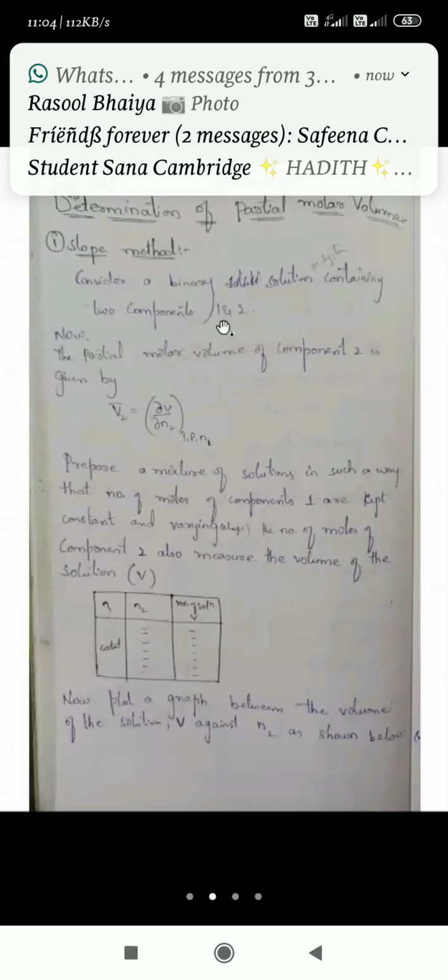So when you are varying a thermodynamic property with one component, the other components present in the system have to be kept constant, not all the K components. Because I am taking only a binary system which has only two components, 1 and 2. So when I go for the partial molar volume of component 2, I have to keep N1 constant here. That is V2 bar equal to ∂V by ∂N2 at temperature, pressure, and N1.